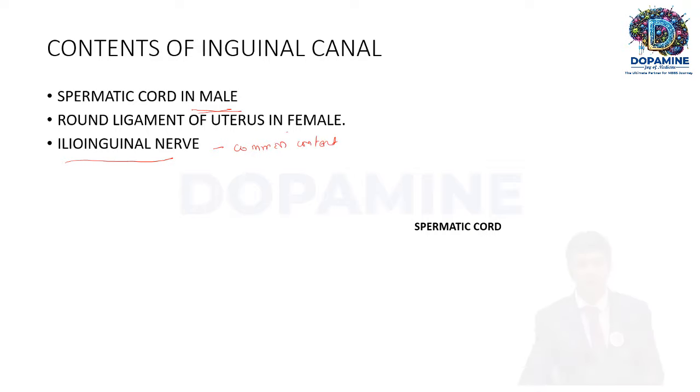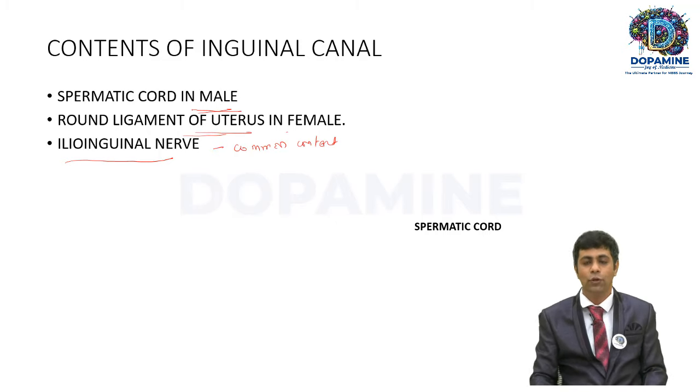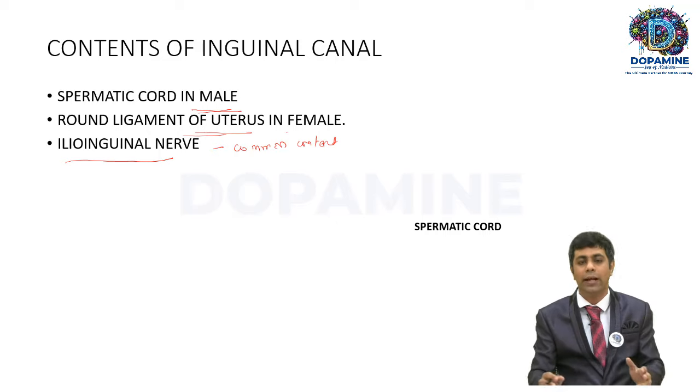And for female, round ligament of uterus. Okay, for female, it is round ligament of uterus. So this is the content of the inguinal canal. For male, it is spermatic cord and ilio-inguinal nerve, and for female, it is round ligament of uterus and the